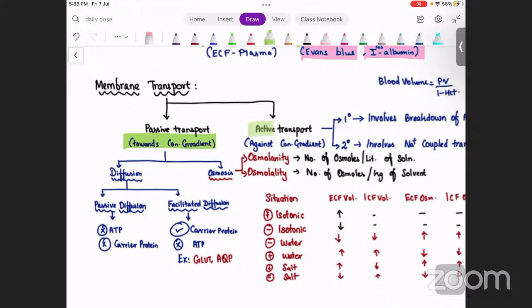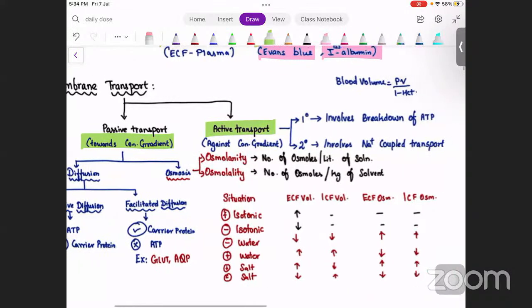Since it is opposing something, it requires energy, right? Yes or no? It requires energy because it is opposing something and pushing against the opposite direction. So does it require energy or not? Yes, it does require the energy. Okay, so where does this energy come from? For primary active transport, breakdown of ATP is happening, and for the secondary active transport, which involves your sodium